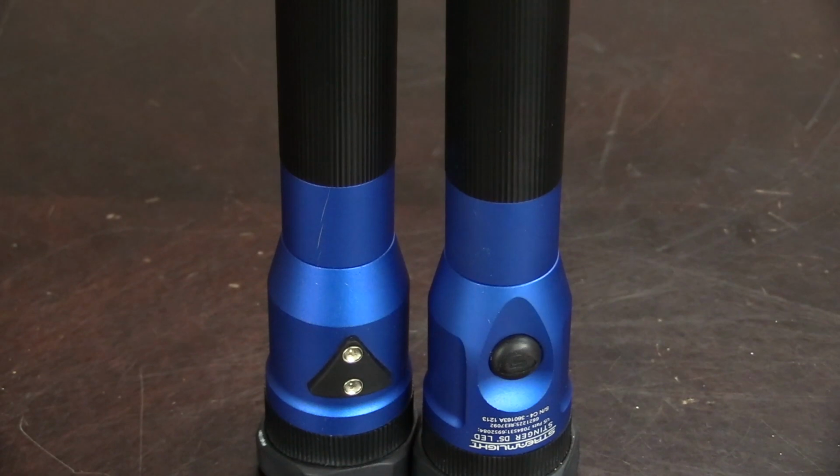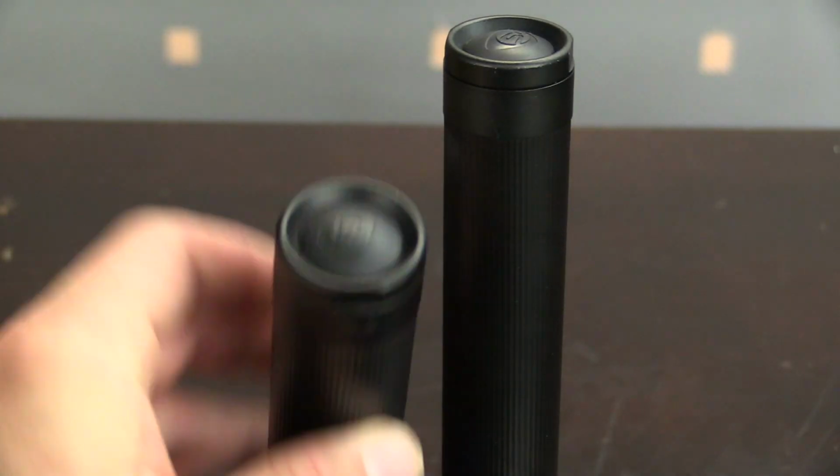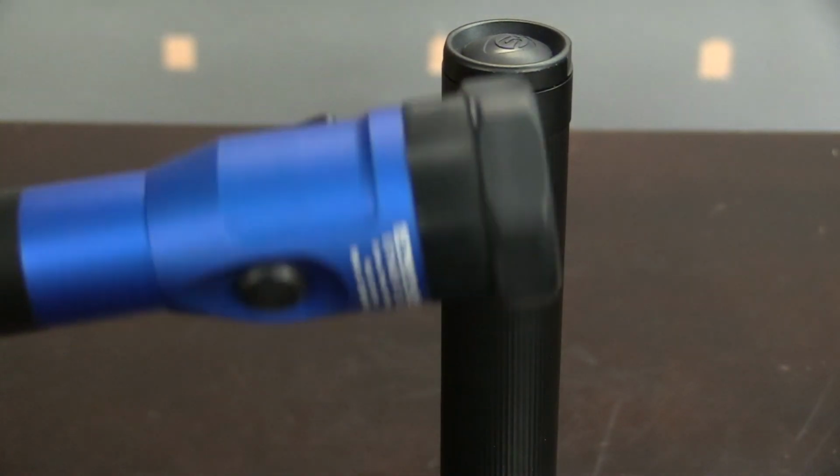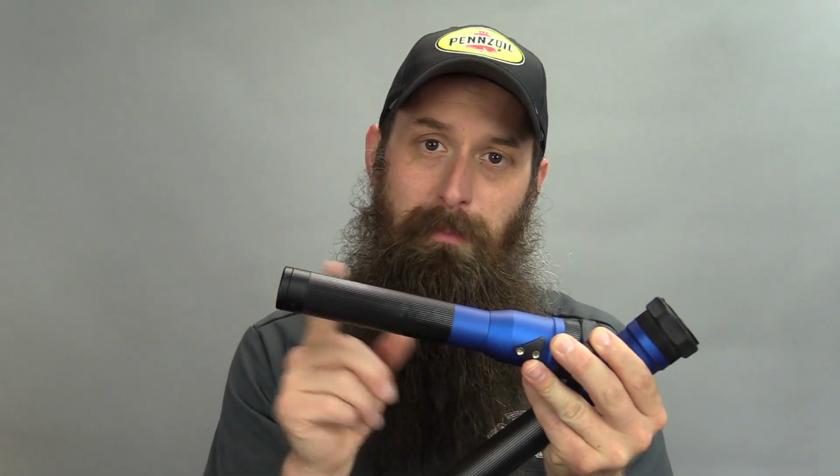Next up is one of my favorite flashlights that is not a pen light. This is the Streamlight Stinger. Notice how much it's my favorite because we have not one, but 2. I actually bought one for myself, and then my wife made me get her one. They're super bright. It comes with a docking station that'll charge not only the light, but it'll charge the extra battery that comes with it. And that charger comes with a wall plug as well as a car plug,